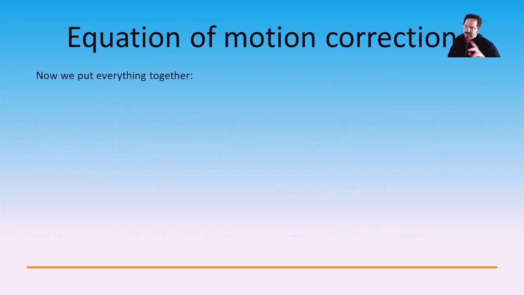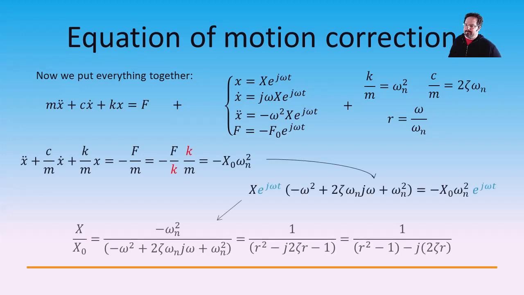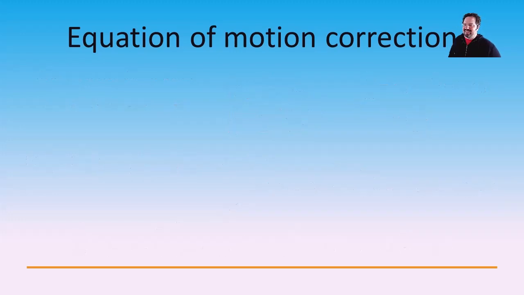Now, we put everything together, the equation of motion, the symbolic set with minus or negative force, driving force, and the usual substitutions, and we obtain, finally, I must say,